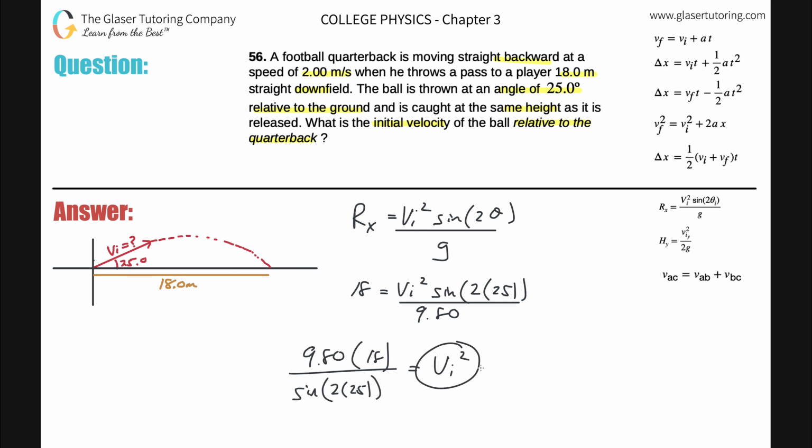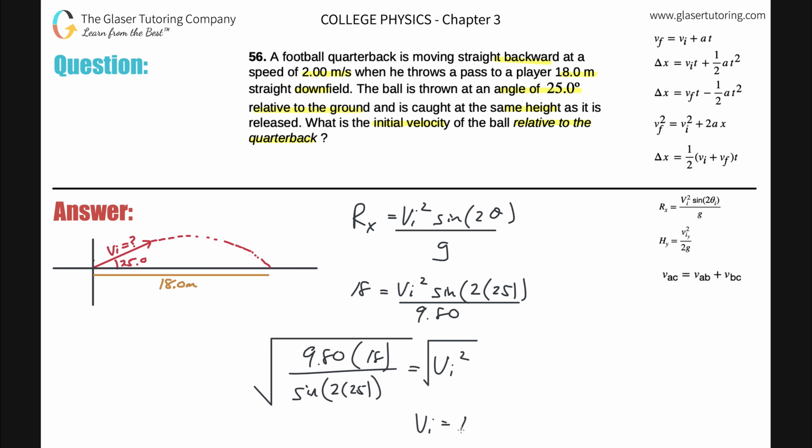Now, this is the velocity squared, but I don't want to know the square of the velocity. I want to know just the velocity, so you have to square root both sides. And now this will help us calculate the initial velocity. So let's just calculate that. Take out the calculator: square root of 9.8 times 18, divided by, make sure your calculator is in degree mode, please, not radian mode, the sine of 2 times 25. Close all those parentheses, and we get a value here of roughly